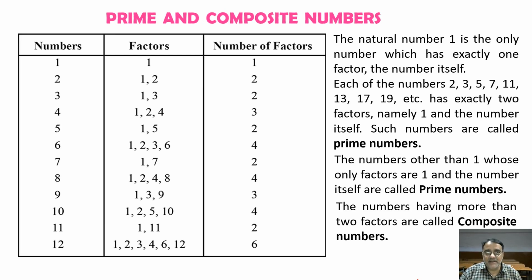Now we'll move toward the next topic, co-primes or relatively prime. 2 numbers are said to be co-prime numbers if they do not have any common factor other than 1. I will show you. See, like 5 and 7, they have only 1 common factor, 1. So these two are co-prime numbers. I will show one more example, 7 and 8. See, no common factor other than 1. So these two are also co-prime numbers.